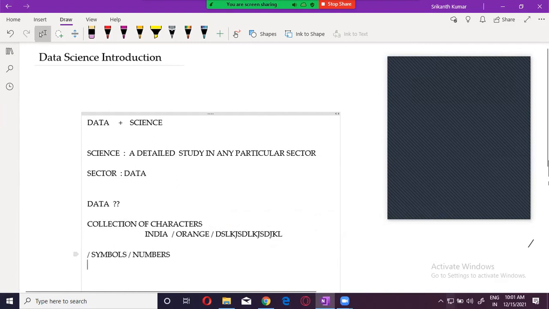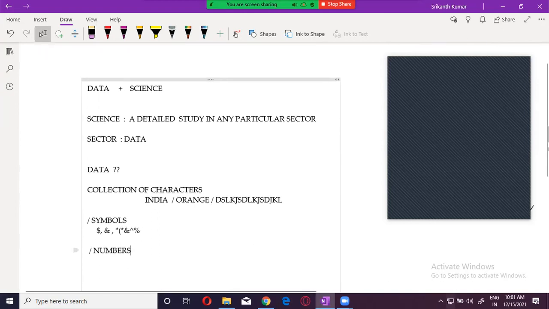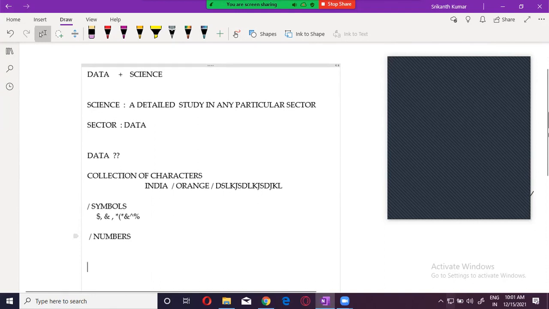If you see these symbols, I'm doing it with the symbols also. Now you see this, what is this? Dollar is a symbol. Yes, it is. It makes sense. And if there is an and, will that make sense? Of course it makes sense. Now, if I give it like this, will it make sense? No, it doesn't make sense. So is this data? Yes, all of them are data again. In numbers also the same thing. We can have a combination of all the above.